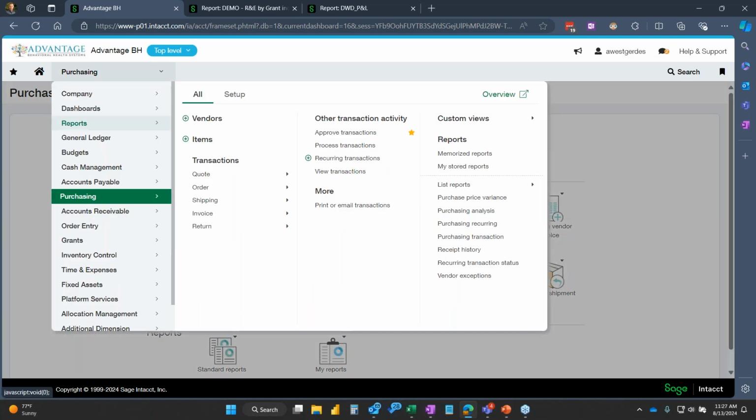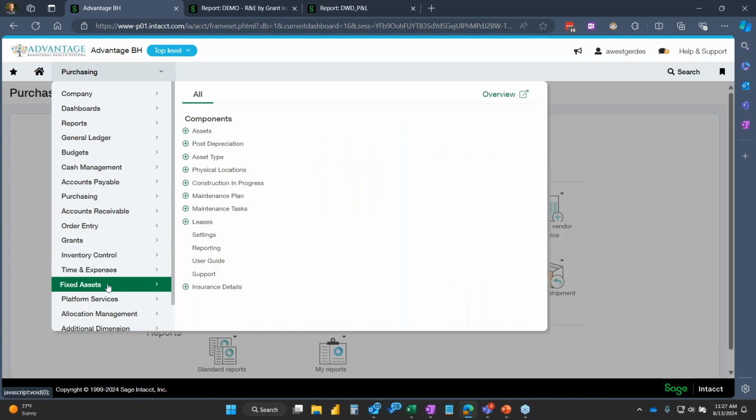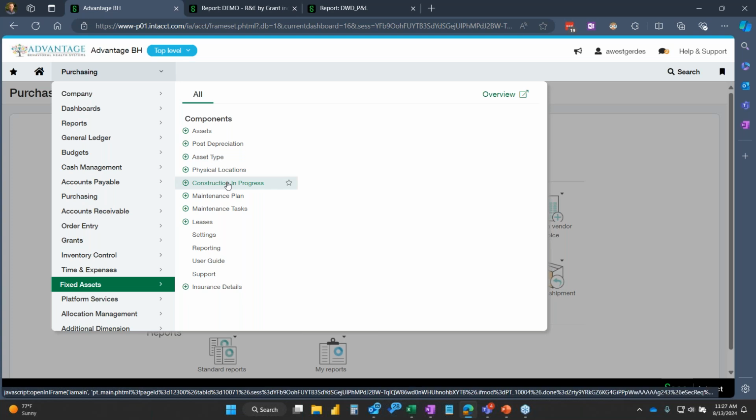Okay. So again, everything from the grants module and up is included as a part of core accounting in Sage. There are a couple of a la carte modules that we see out here. One that I do like to point out is fixed assets. It's not uncommon that maybe that's used in the legacy system, and you can do all of your depreciation schedules here. But one thing I do like to point out is this system will also allow you to track construction